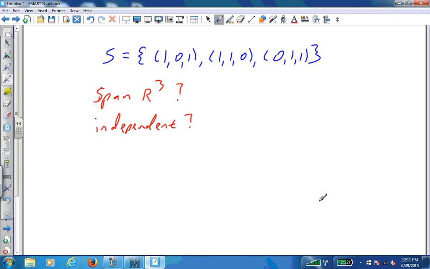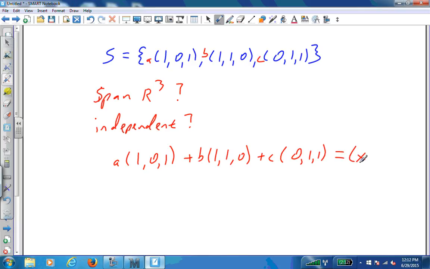So in order to span R3, if we take those 3 and add them together, can we get any possible vector in R3? So if we have A times the first one, B times the second one, C times the third one, could we get any possible vector? So if we set up that augmented matrix,